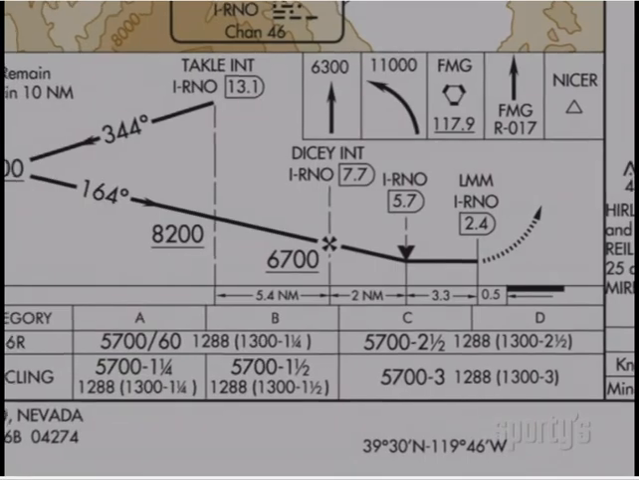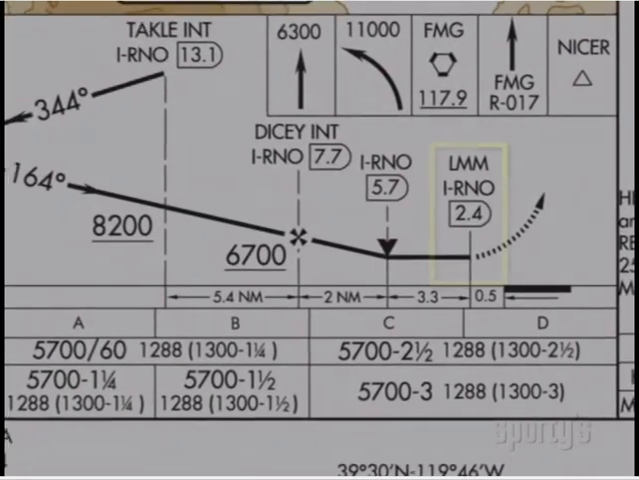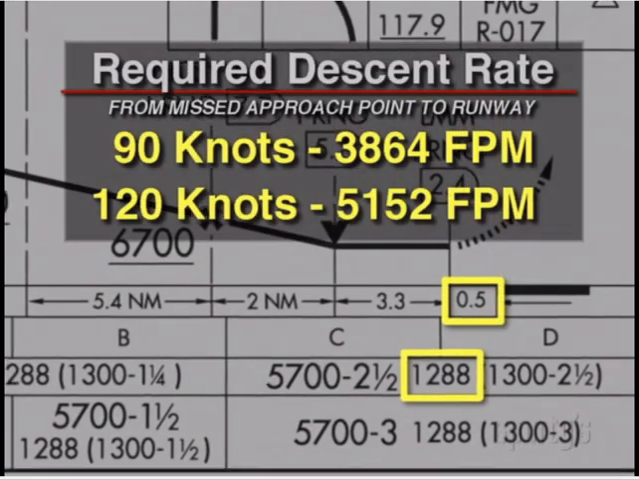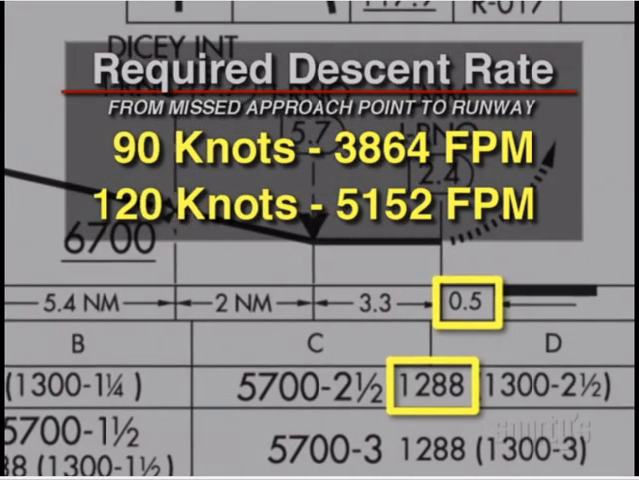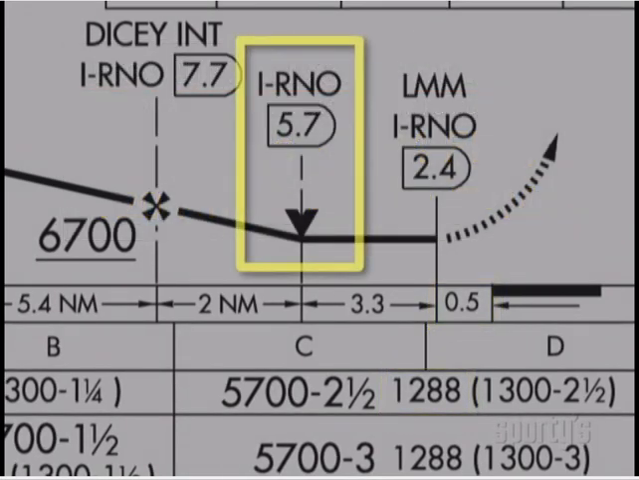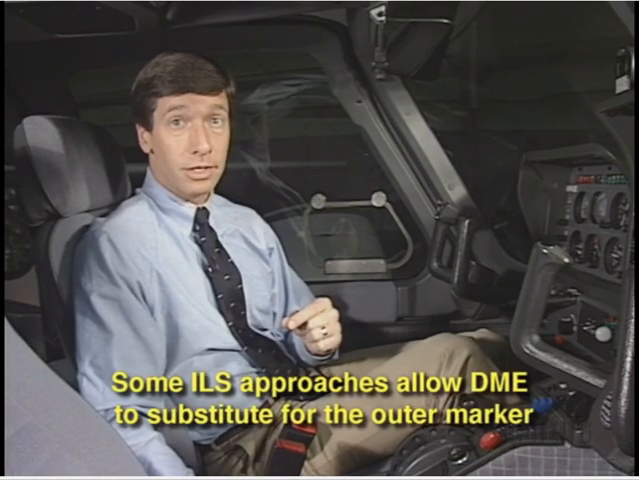Don't confuse the VDP with the missed approach point. The missed approach point on a non-precision approach is not designed with any consideration as to where the aircraft must begin a descent to a safe landing. For example, the VDP on this localizer at Reno is 3.3 miles from the missed approach point. While the DME fixes used for VDPs are not mandatory, DME is often used on ILS,